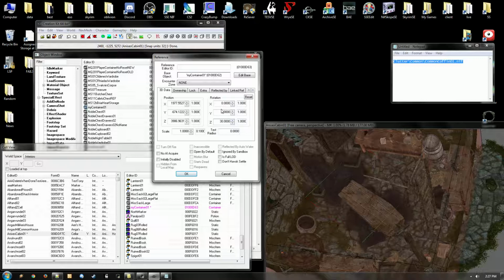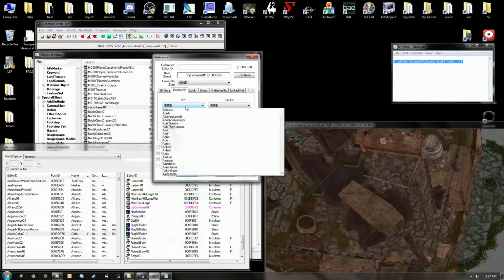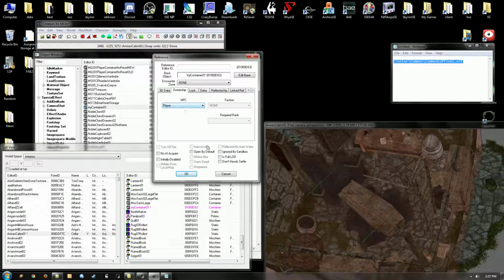The only thing that really is important here is under ownership. For player housing storage, you probably want to make NPC player so that the player owns it. If this is for an NPC, you can put them there. I believe if the container is put in the same cell as an NPC and they own the container, I think they will use it if they're a vendor and they sell stuff, when they go to sell stuff to you, I think. But regardless, you want to make the player the owner for housing mods,